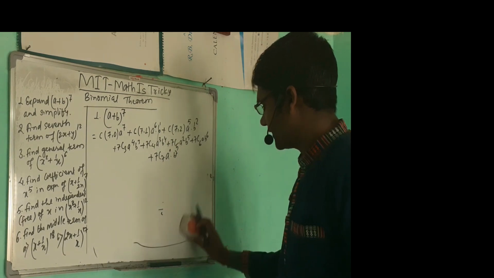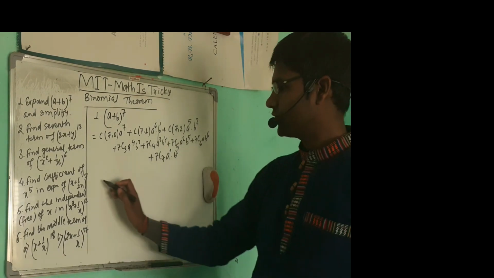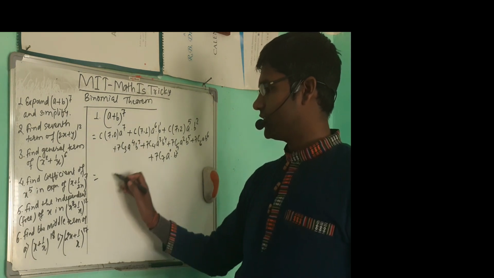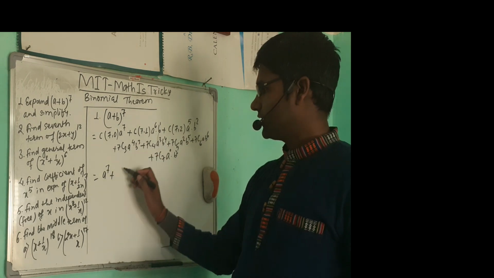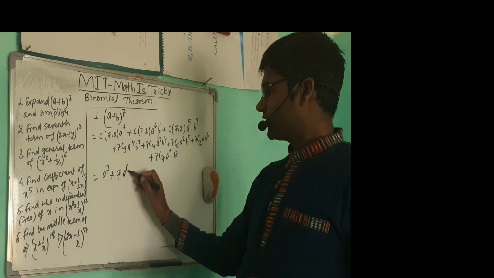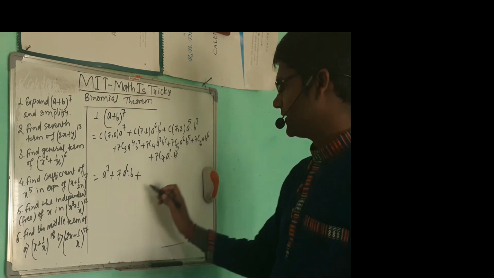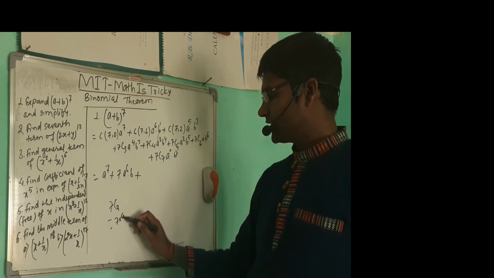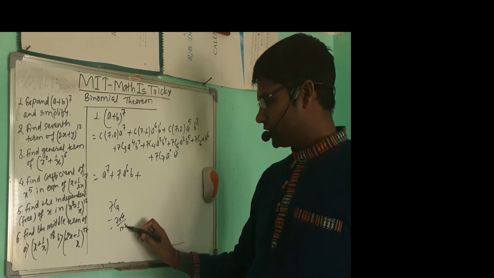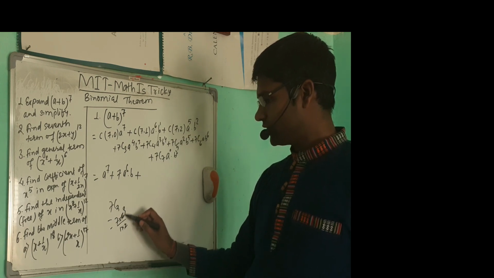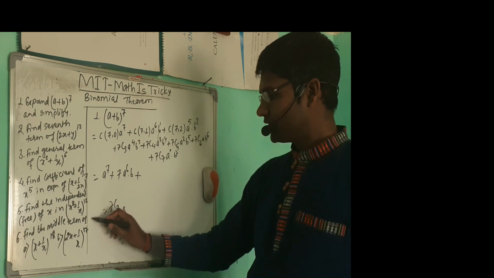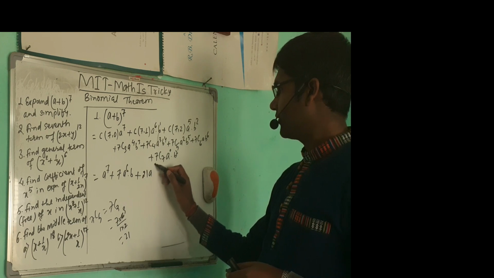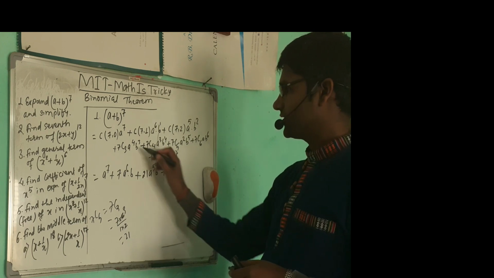That will be our final answer. So let's see what we are getting here. So we know 7c7 means it is always 1. 7c0 is 1, so a power 7. So it will be 7, expand this, a power 6 into b, plus 7c2, which is simply 7 into 6 by 1 into 2, so it is simply 3, so 21. This is also equal to 7c5. So now it will be here 21 a power 5 b power 2, plus